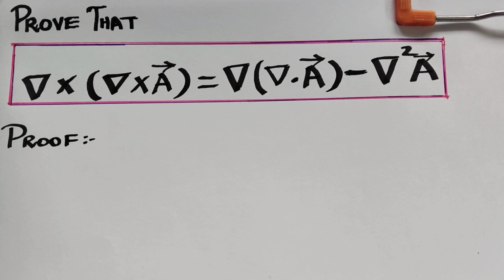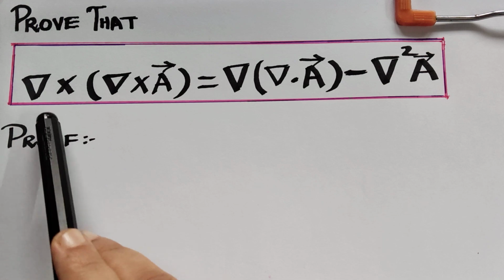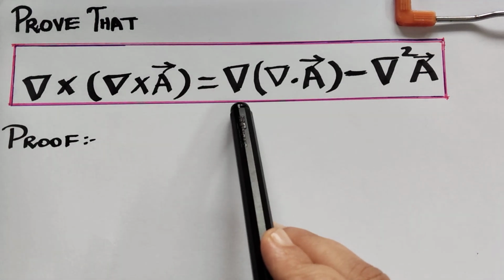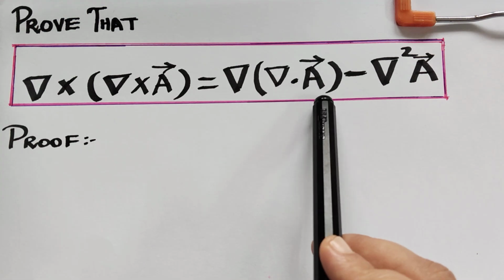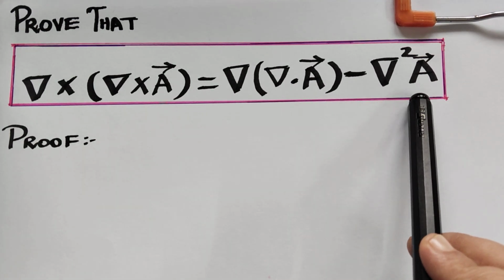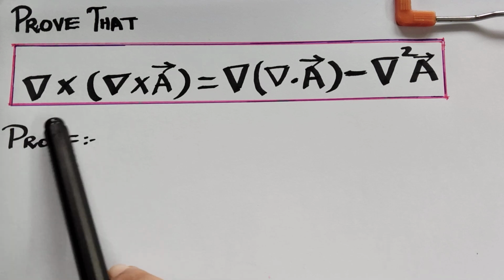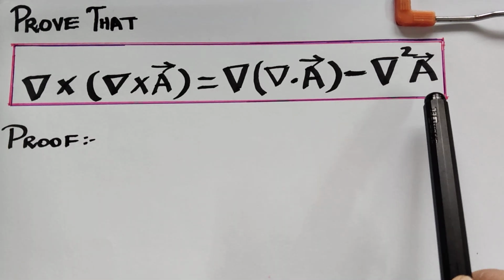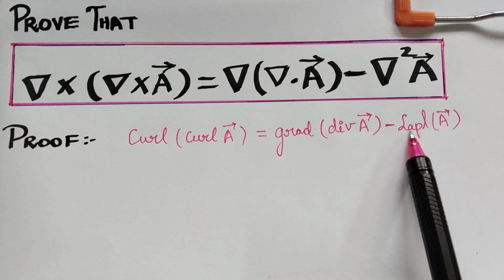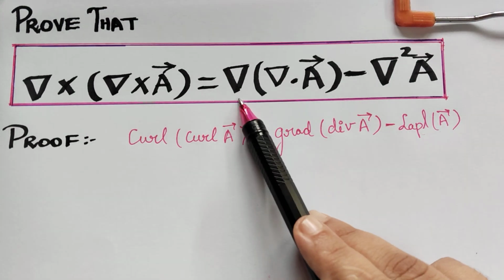Dear students, under the topic vector differentiation, here we are going to learn a very important result. That is, curl of curl of a vector is equal to gradient of the divergence of a vector minus Laplacian of a vector. So, this result can also be written in terms of nabla, where nabla squared is the Laplacian differential operator and nabla is the